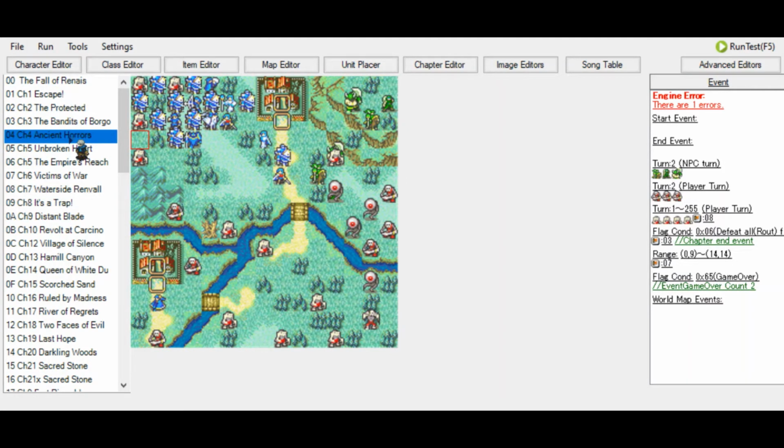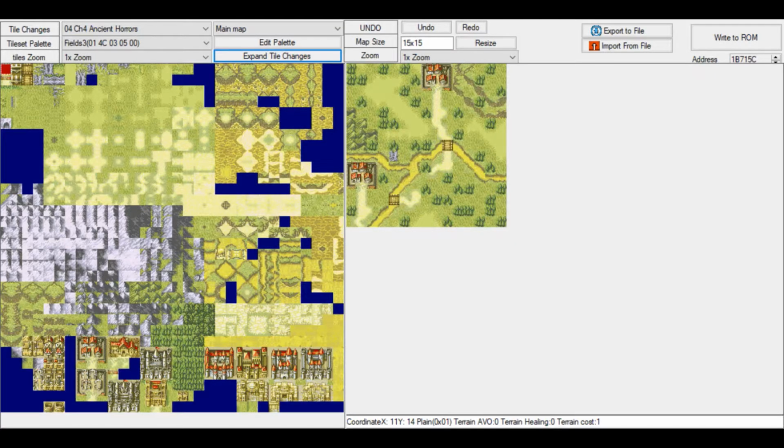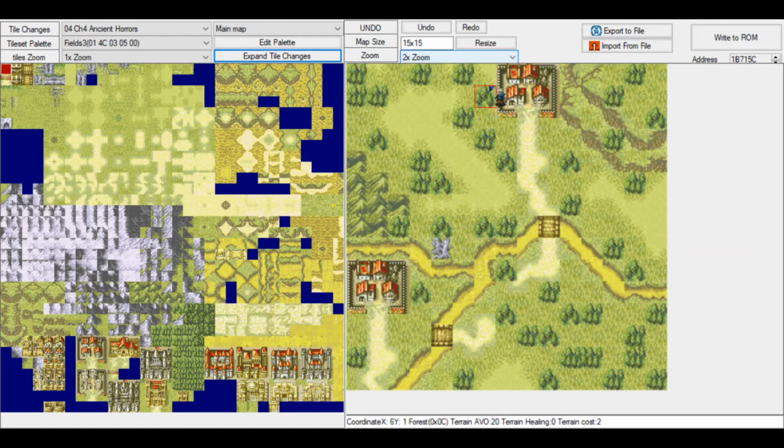I'm not going to change any events, so we do need to take those two villages into consideration. We need to focus on these two villages because we need to place those on the map, because I only want to change the map, not the events. So let's click here on Map Editor, and let me quickly show you that screen. There it is. So this is the map editor, and I'll zoom in on the map like this. Boom. Now you can see the map a whole lot better.